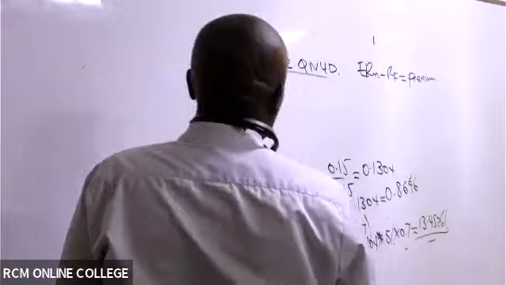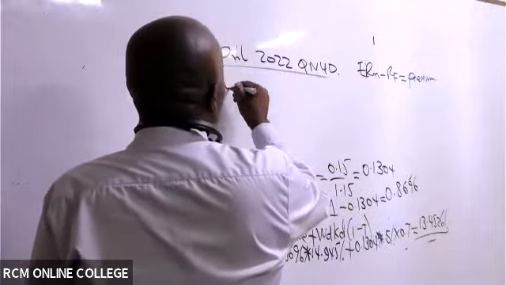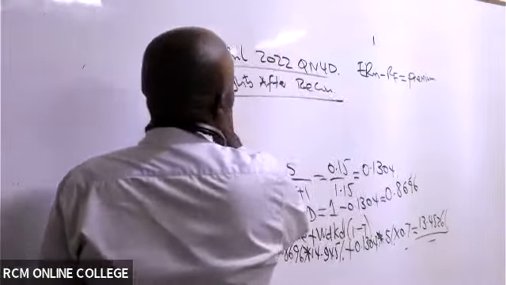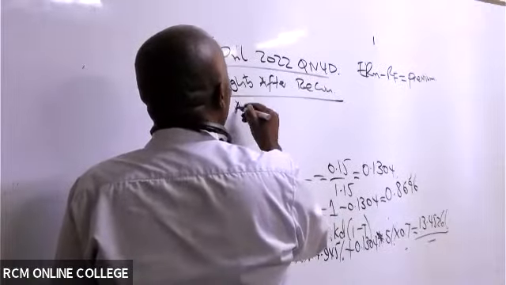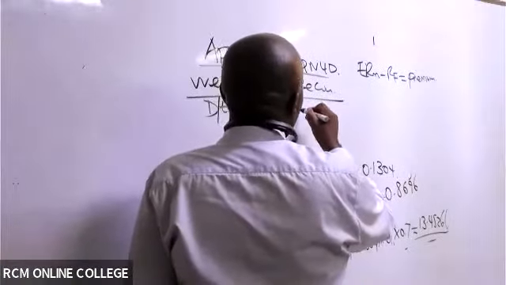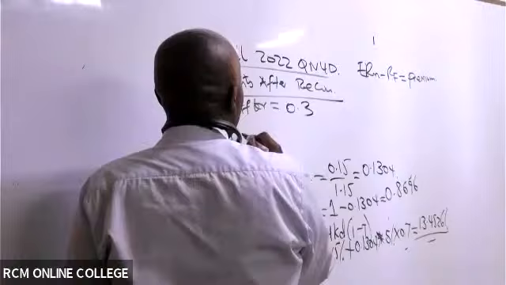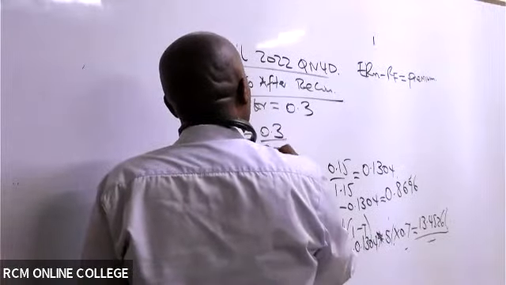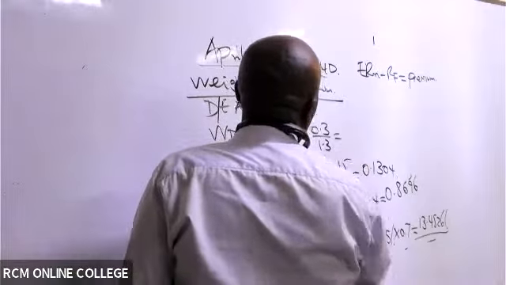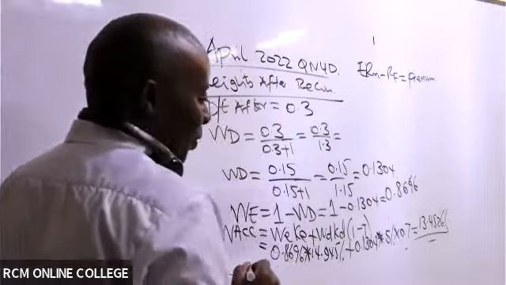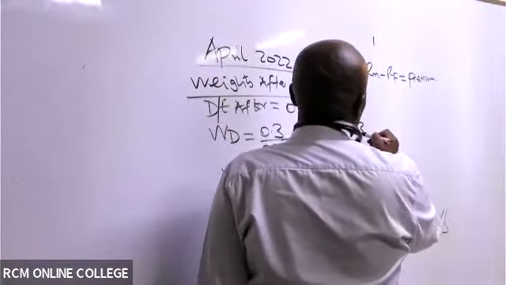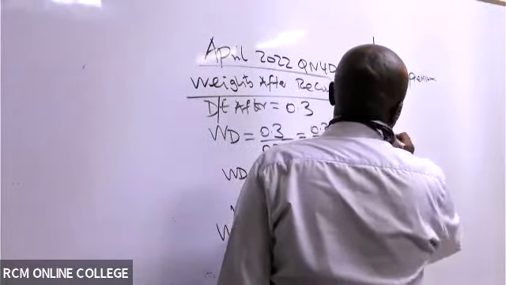All right. So from there, come and give us the weights after reconstruction now. So give us the D/E after. Do we have it? What is the D/E after? 0.3. Therefore, weight of debt: you take 0.3 divided by 0.3 plus who? Which will be 0.3 over 1.3. So 0.3 divided by 1.3 ends up giving us what figure? 0.2308.